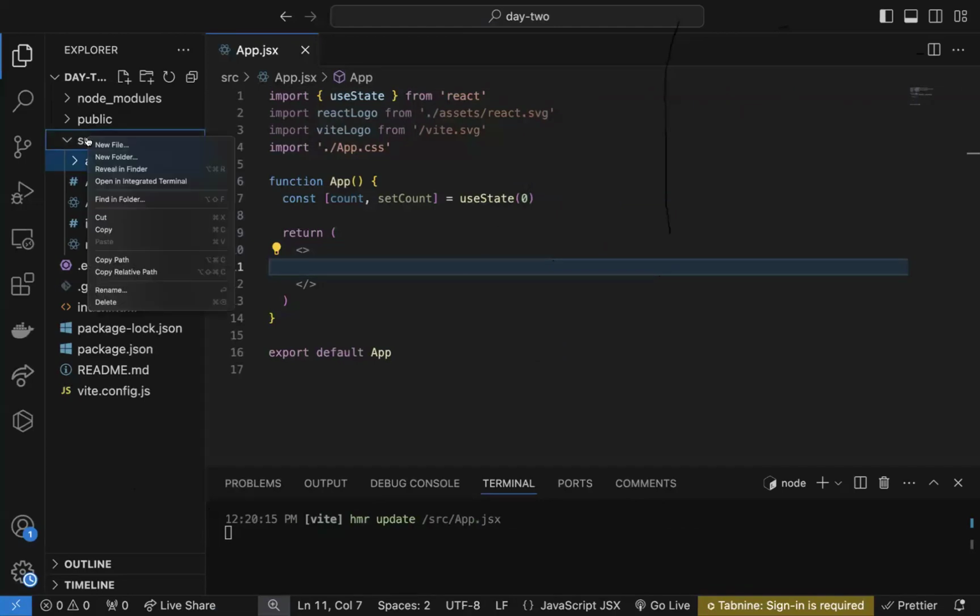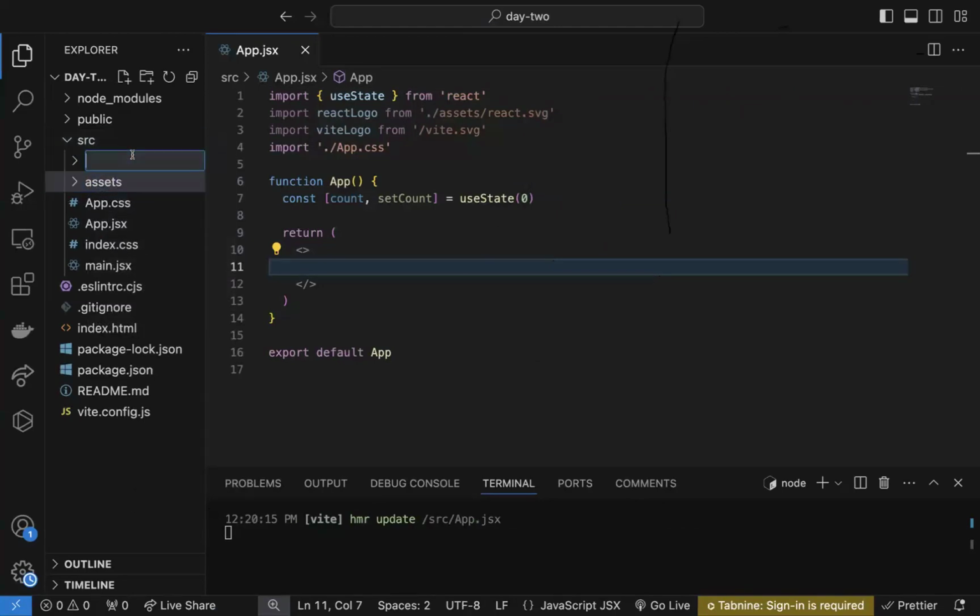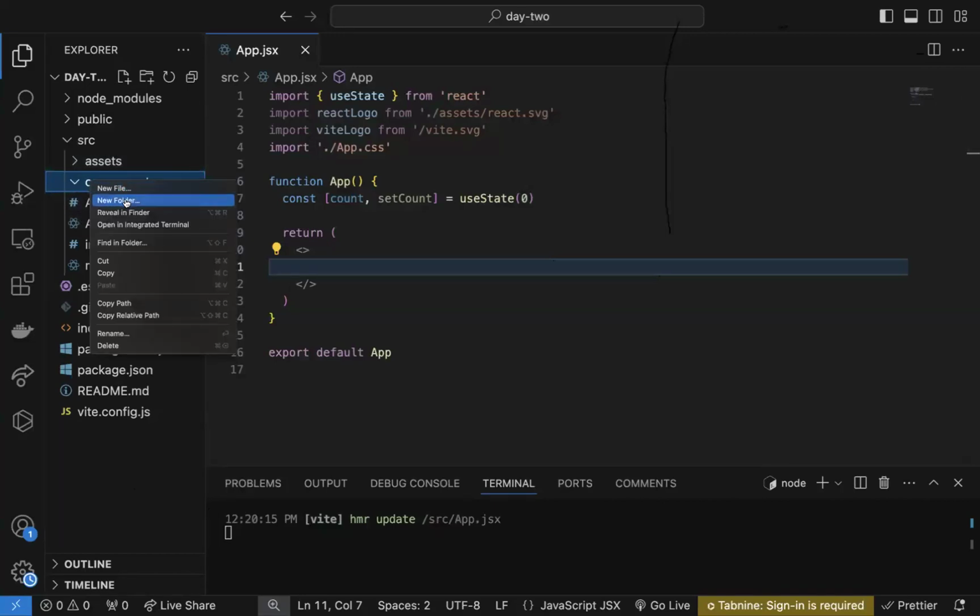And I want it to be in a folder called components. Right? Okay, so inside this folder, I want to define a component called,